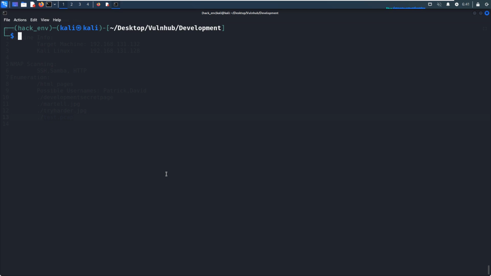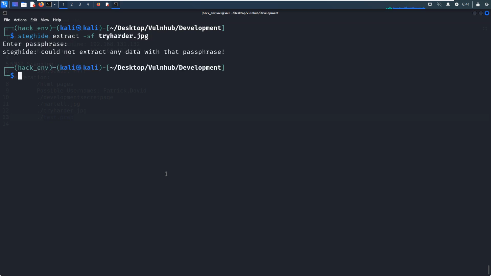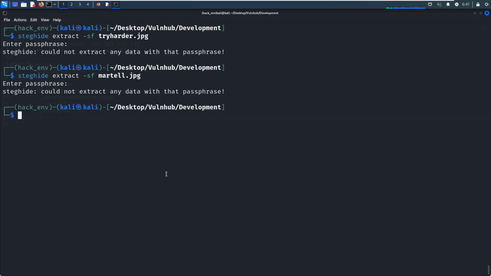Next, we can launch stegseek or steghide extract. Try harder. And nothing. We can use stegseek. Try harder.